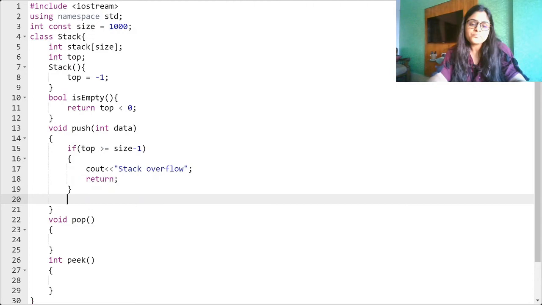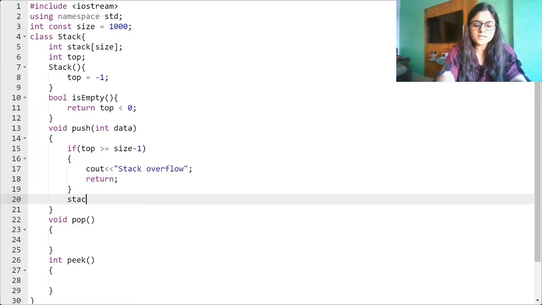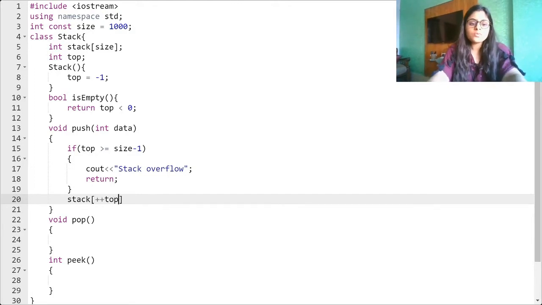Now we need to input in the stack. So what we'll do is we'll just say stack. We need to first increment the top and then add to it, and that is why I'm doing plus plus top. This will increment the top first, and then to that incremented top index, it will add the element, whatever I want to add, that is data at this point of time.